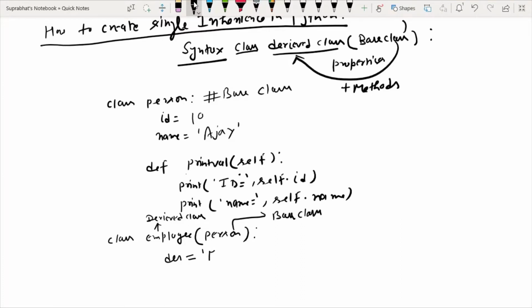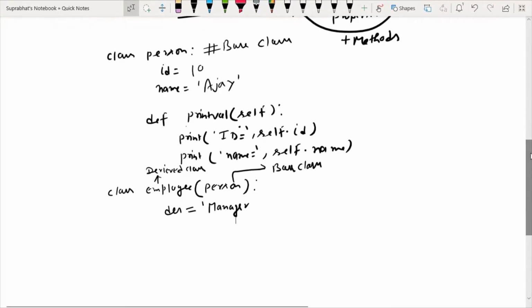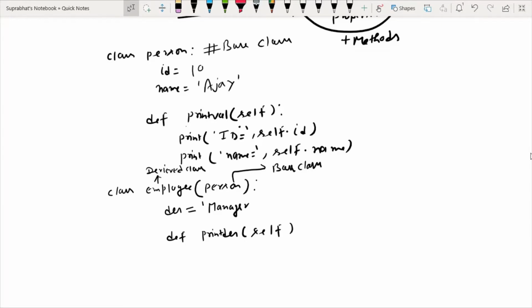Suppose I have taken designation as manager, and in this derived class I have taken one more method, print_designation, in which I pass self as a reference, and it simply prints designation equal to, comma, self.des.